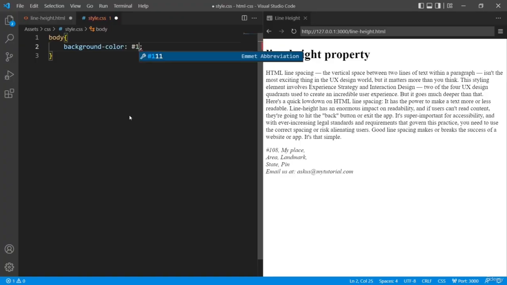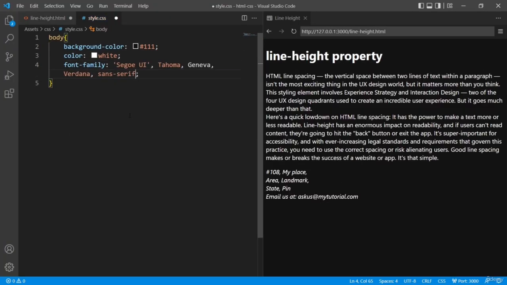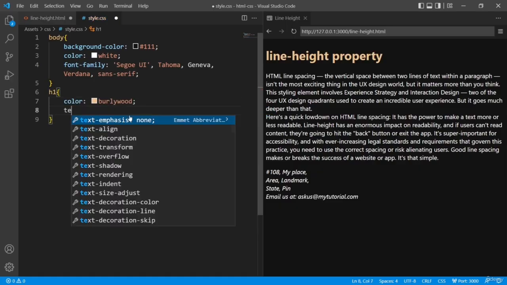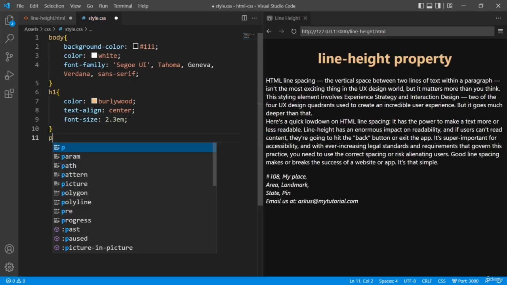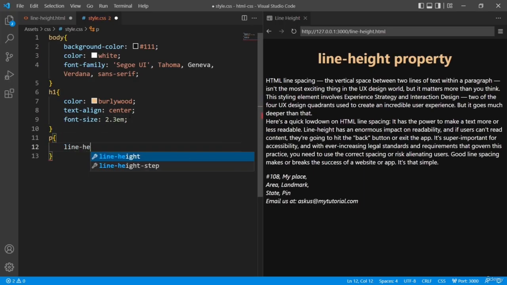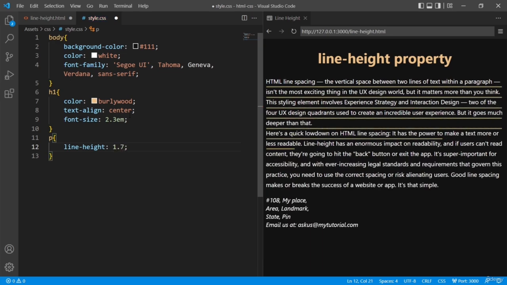I'll give background color and font family to the body. Next, I'll style the heading. I'll give color and will align the heading to center. Let me give font size as well. Now for the paragraph, I will give line height as 1.7, and you can see each line of paragraph leaves